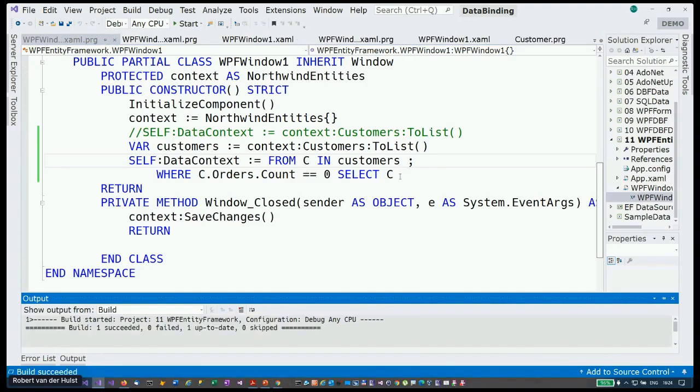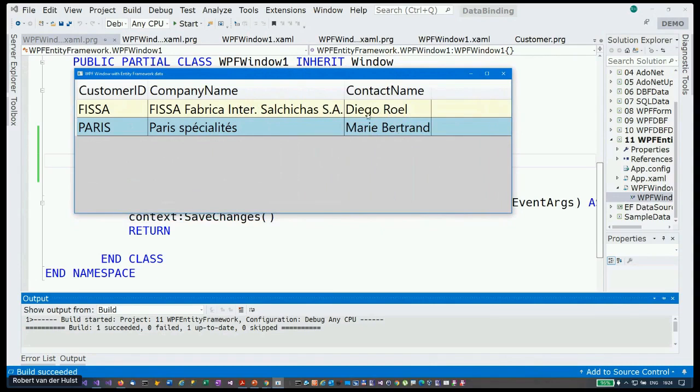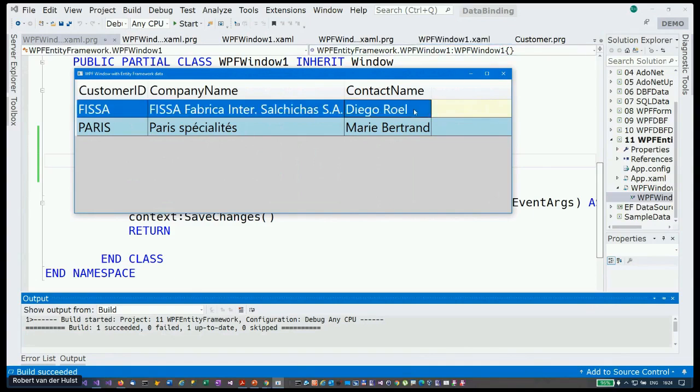So when I run the sample, I actually see that we just get the 2 customers who haven't ordered from us yet. Now you can imagine that you combine it with all kinds of things, and also this is editable. So if you do context SaveChanges, and I've saved, let's prove it. Oh no, it's not editable. WPF has detected that this is a read-only result set. And now I managed to crash my demo. This is great. That always happens. Anyway,